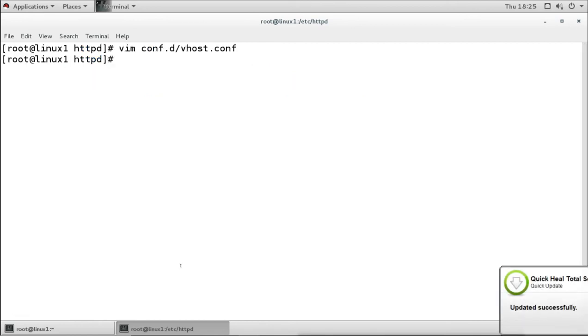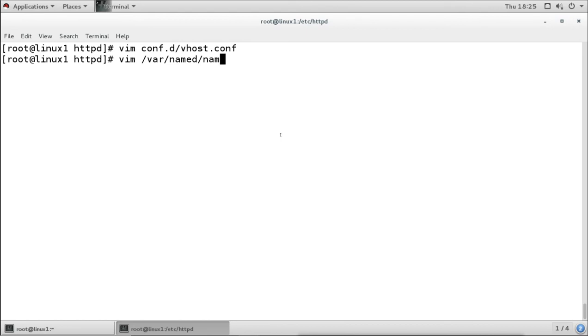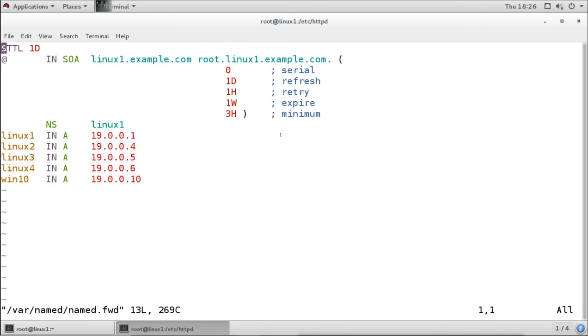For resolving the name, I will go to DNS forward zone file. And I will add here new name here, that site 1 means this IP address.